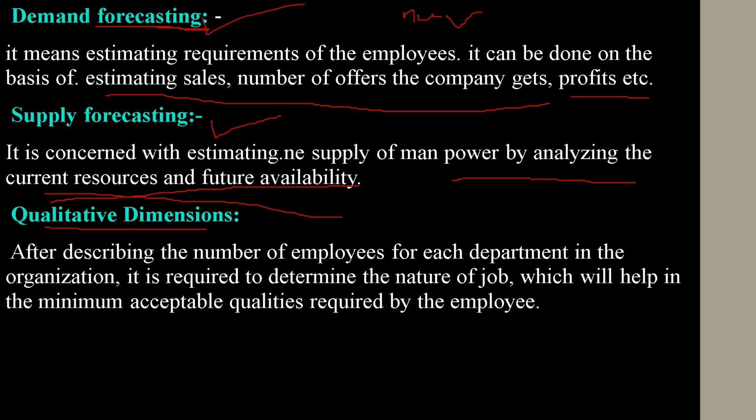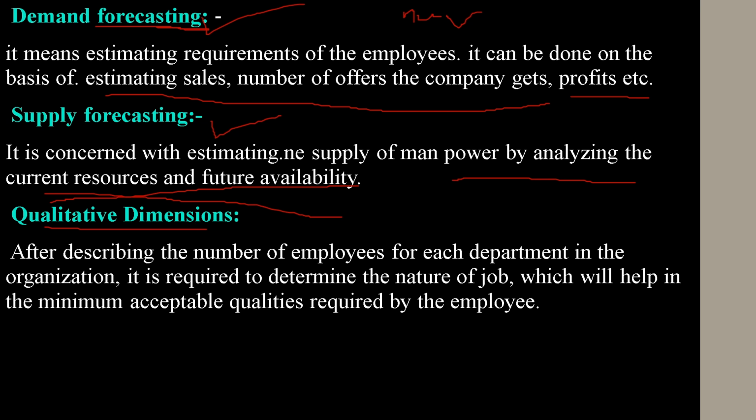Now, qualitative dimensions. Quality. Till now we have talked in terms of numbers, right? Now we are talking in terms of quality, meaning some standard of something. If we go shopping, we go for good clothes or branded clothes. Yes, we look for quality. In the same way, when we recruit an employee, we check what the job role is, right? Based on that, we recruit people who match in skills, qualification, experience, knowledge, etc.